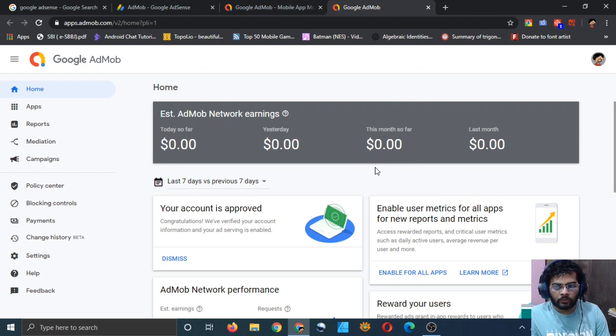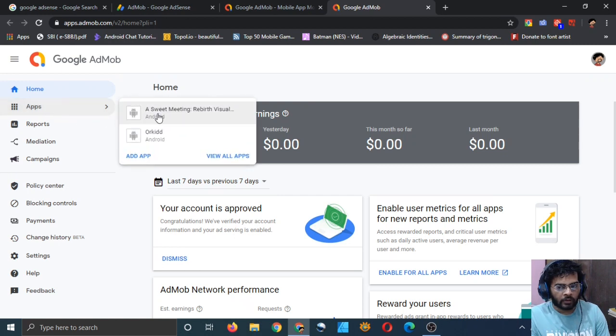So now you can go to apps, and as you can see, I have two apps, but if you don't have, you can add an app. Add app.